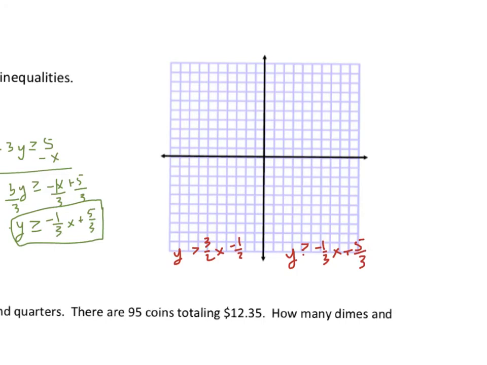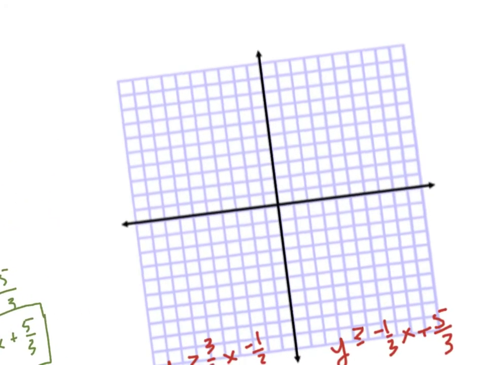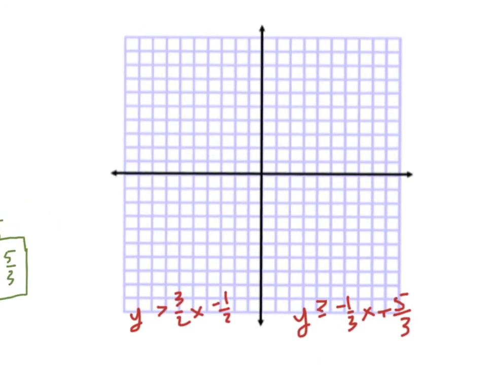I graph these just like any old equation. My solution is going to be the intersection of their shading. Just like when we graphed the inequalities in the last chapter, I think about whether the line is solid or dotted, and the next thing I think about is what side to shade on. The graphs aren't going to be perfect because you have fraction y-intercepts, but we'll do our best. So I'm going to take negative 1/2,